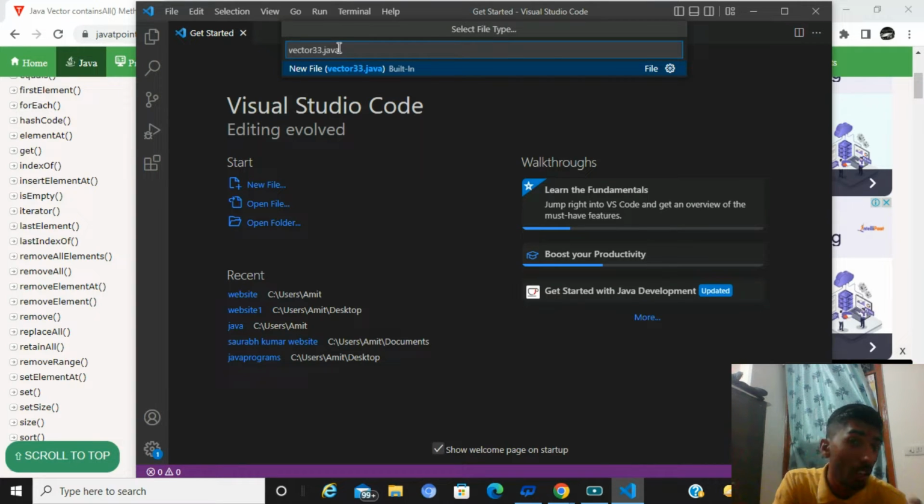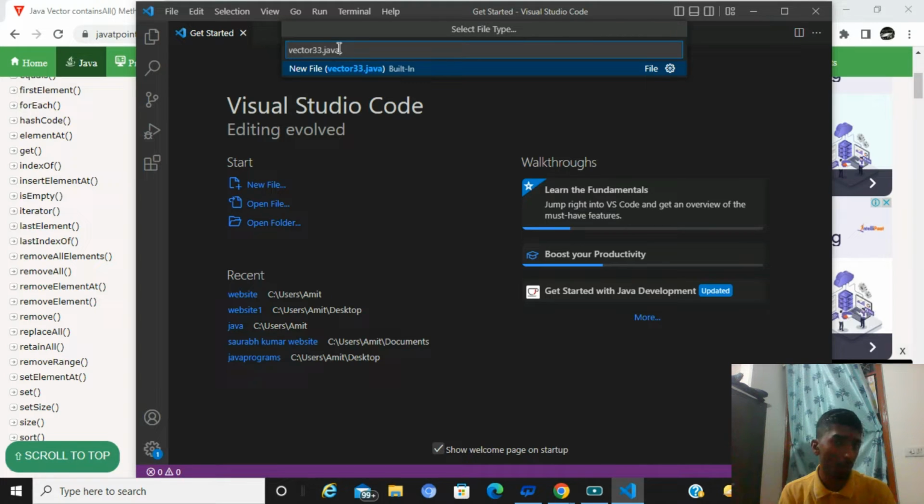You must know that Visual Studio, in the Java language, can't take the same file name. If you had already given that name before and you want to create a new file with vector 33, your file